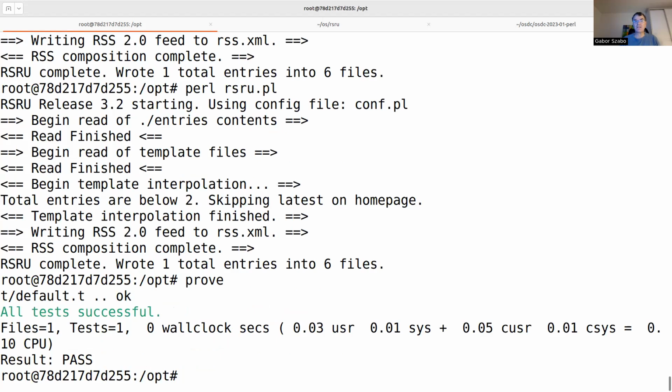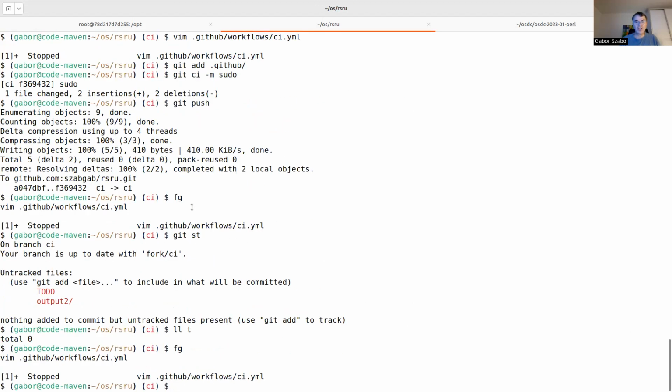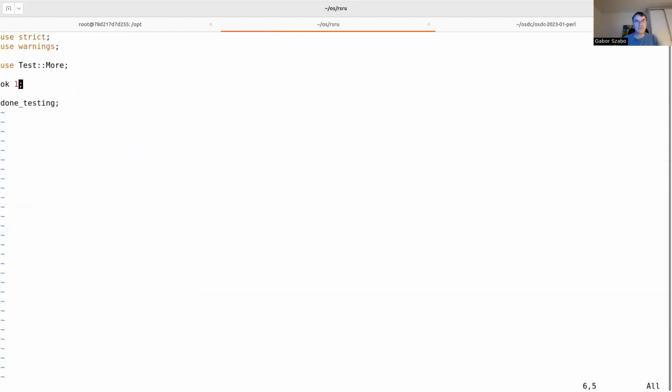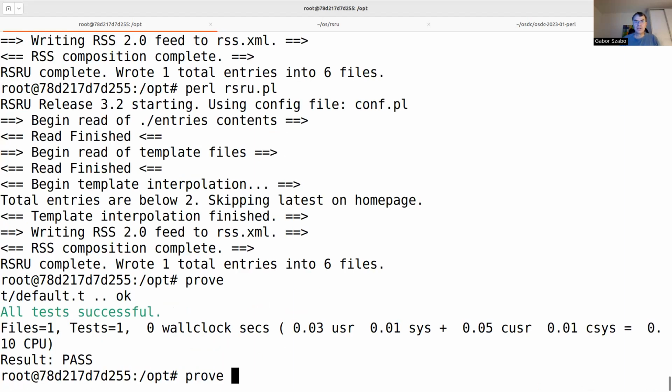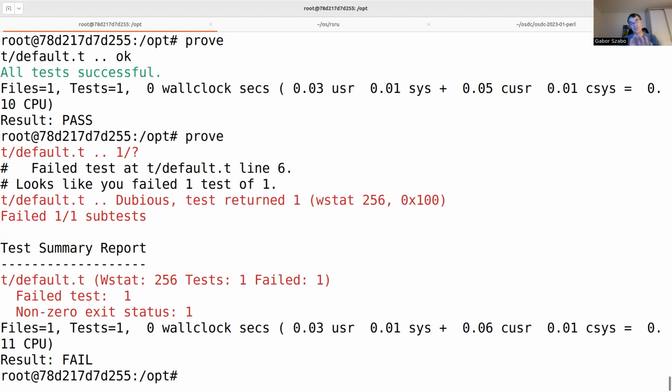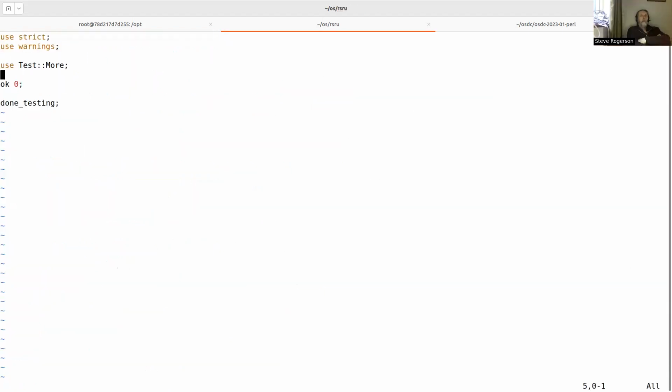And it says all tests successful. And if I change the test to ok(0) here and run it again, then it fails. So we see that the test file works, and I can run prove. Okay, so what we need here now is